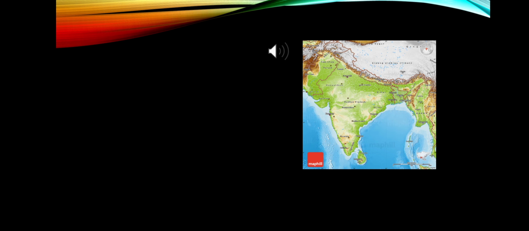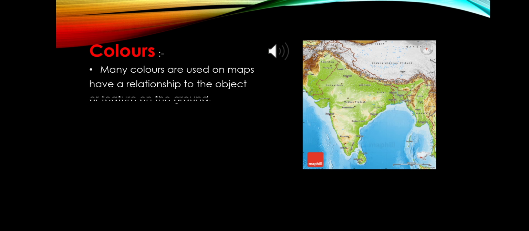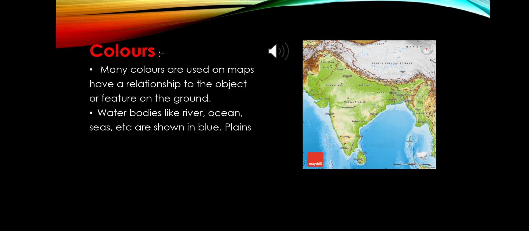Next one is colors. Different colors are used in maps. Many colors used on a map have a relationship to the objects or features on the ground. As an example, I can say water bodies. Water bodies like oceans, seas, rivers, etc. are shown in blue color. Plains or lowlands are shown in light green or yellow color. Okay. Dark